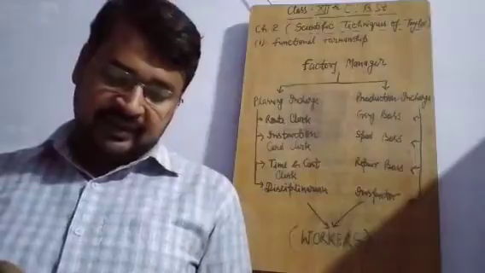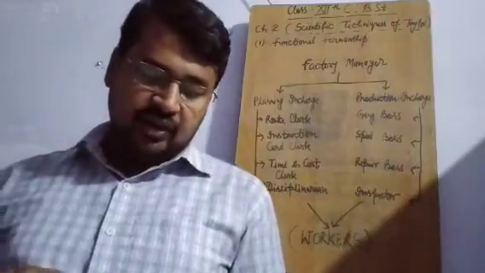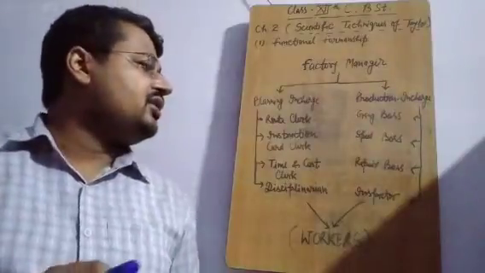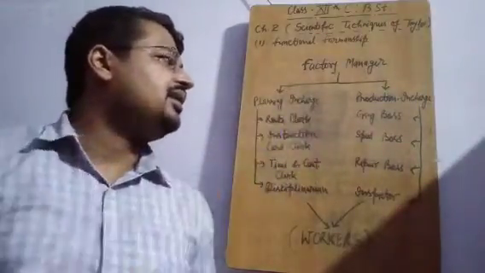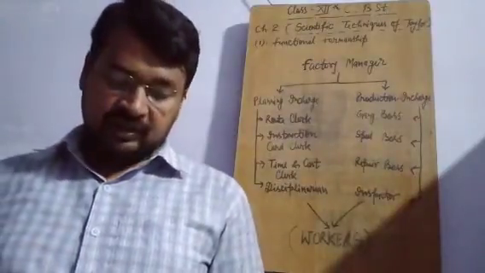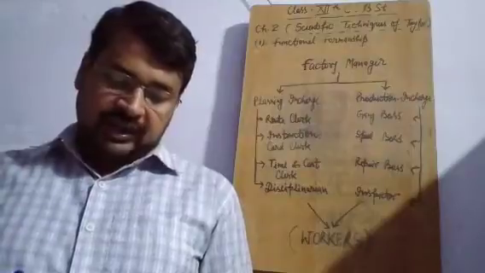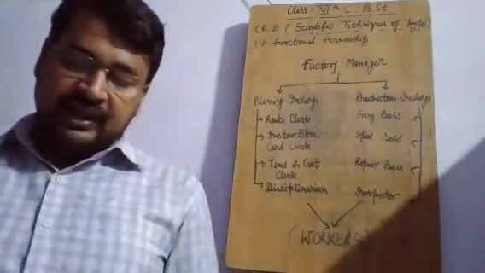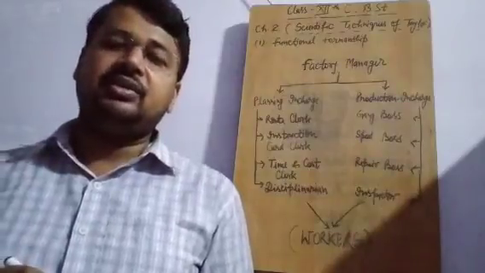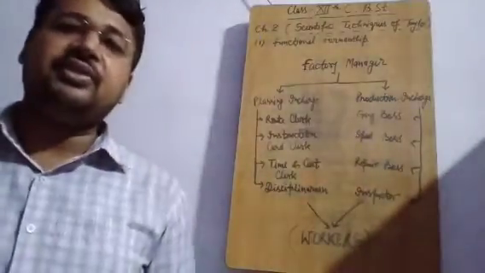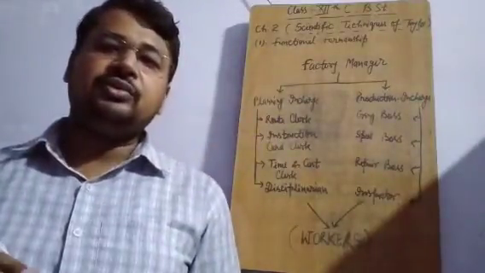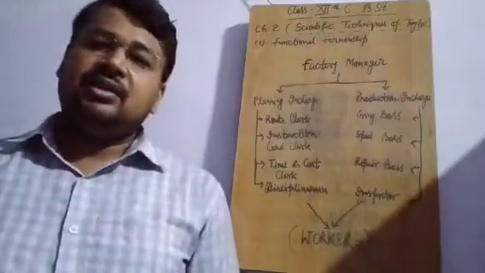Each boss will be specialized. So this technique is an extension of the principle of division of labor. As we studied, division of labor is directly applicable in this scientific technique of Taylor. Taylor said that the foreman must be intelligent, educated, energetic, honest, specialized, or profession experts. So you can assume how much expertise is required to be appointed as a foreman according to Taylor.